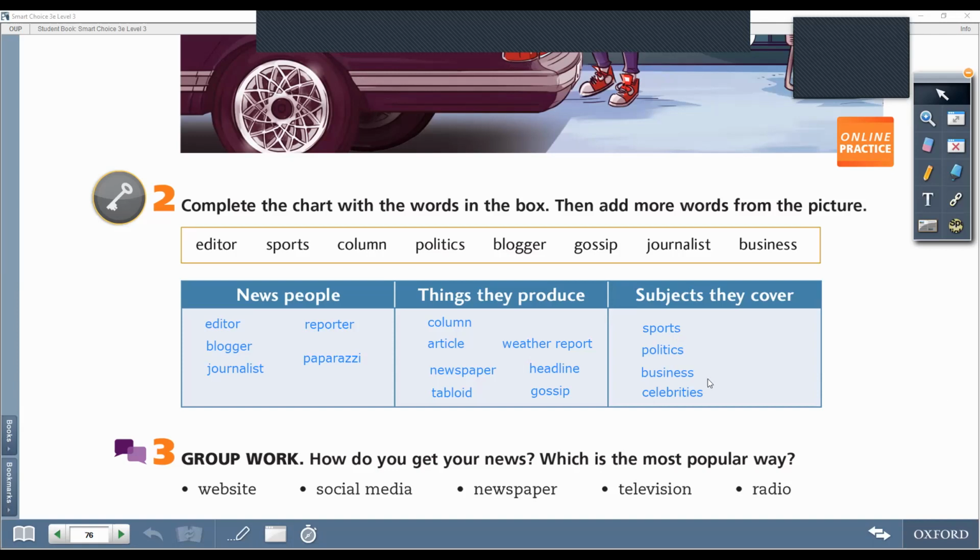I usually read about them all. I read about politics, sometimes business, sometimes sports, celebrities too, because it's funny, right? Sometimes you have funny news about celebrities, and then I just read for fun. Okay, everybody likes to read gossips about celebrities and stuff, so